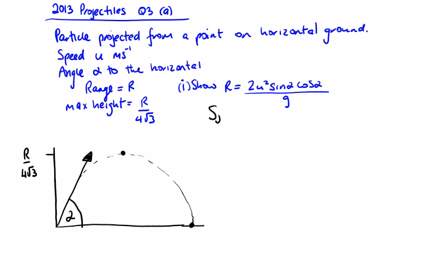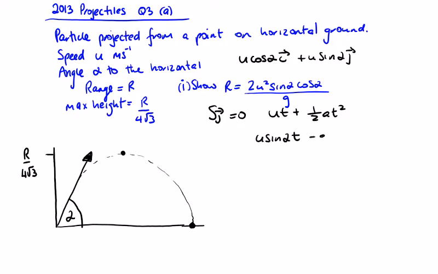So to get the range, we need the displacement in the y direction at this point to be equal to 0, which is your ut plus a half at squared. So no acceleration in the i direction when there's no incline. So our initial velocity vector u cos alpha i plus u sine alpha j is going to give me u sine alpha by t minus g over 2 by t squared, and that would have to be equal to 0 to get my time at this point here. So factor out your t to get